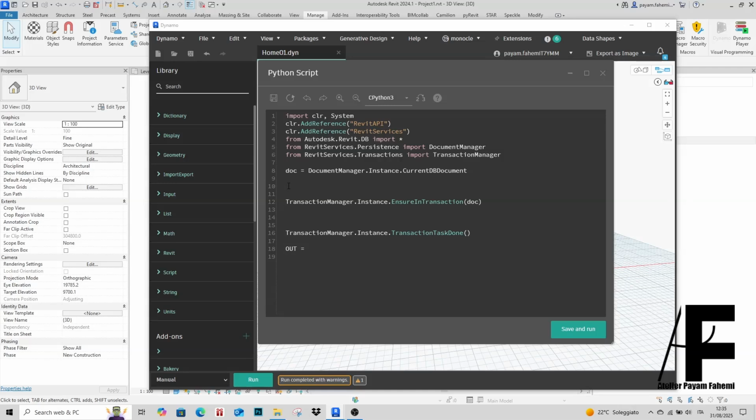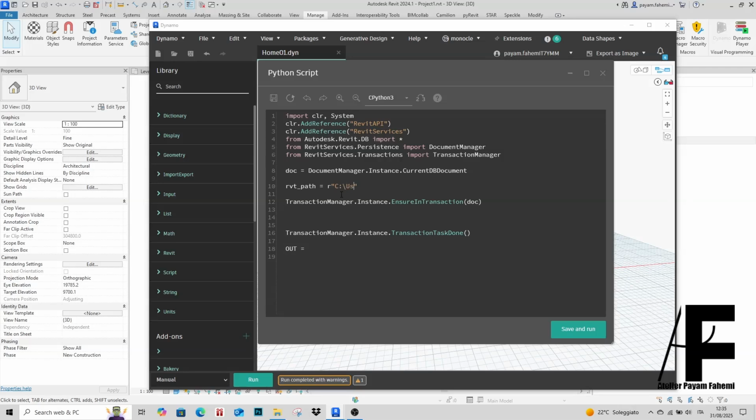I'm going to create a variable and name it RVT path. And this is how you provide basically the path of your model. My model is on my desktop, so I'm going to say